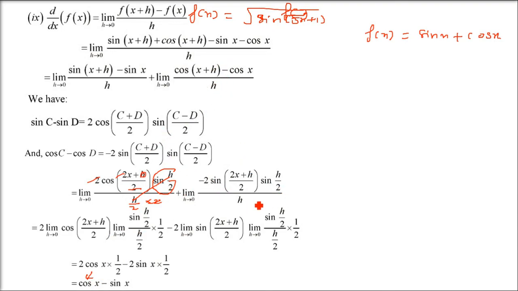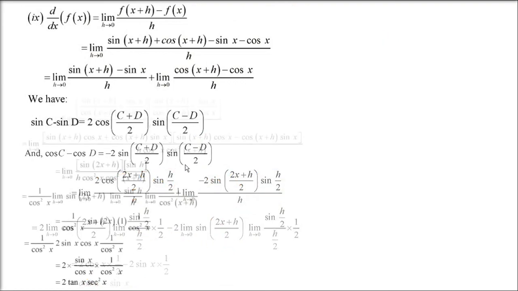Now here sin(h by 2) is there. So we just have to worry about this. Divide by 2, multiply by 2. And this is going to be 1, 2 gets cancelled. So only minus sin x will come, since h is 0. So this is minus sin x and the previous one was cos x. Cos x minus sin x will come. So this is the final solution of this one.